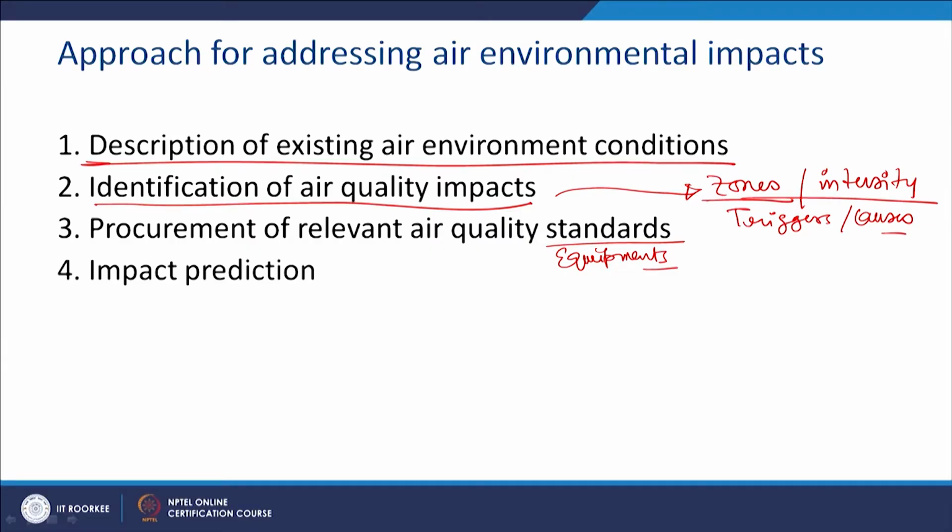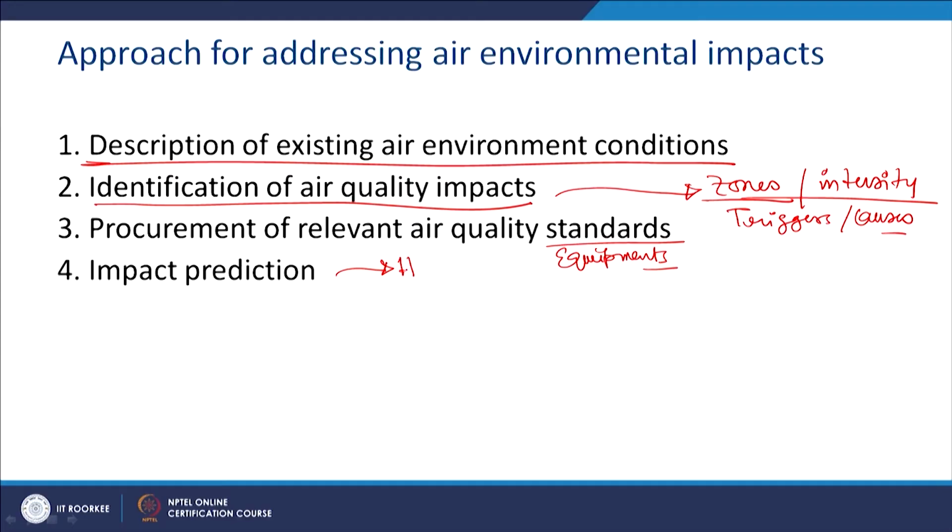Then it is also important to predict the impact in the near future. If the current trend goes on, what kind of impact is going to happen in the near future, impact in terms of human life and community life both,